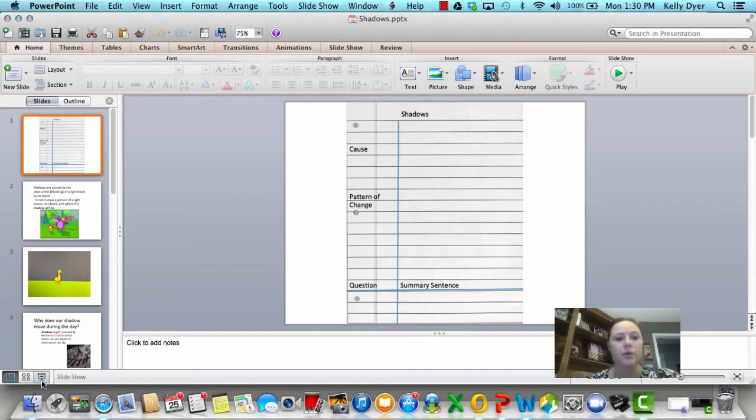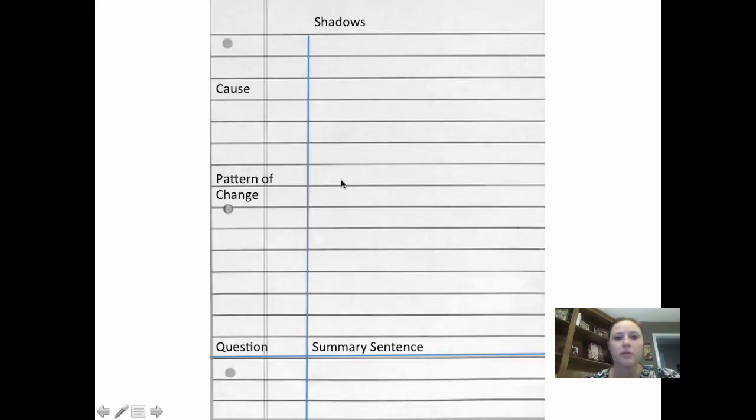Okay, so this afternoon we're going to talk about shadows. You guys are probably pretty familiar with shadows because you see them all the time outside. You may have even been scared of them when you were little, but it's something that you experience on a regular basis. So if you will set your C Notes page up, like the one you see on the screen,